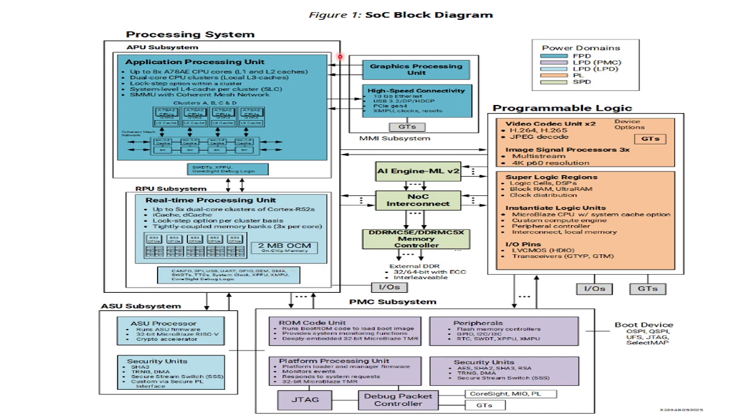So in first case we see between processing system and programmable logic, and also it's connected to the IE engine, and also with DRAM, which is DDRMC5A and the DDRMC5X. Actually, this is memory controller,